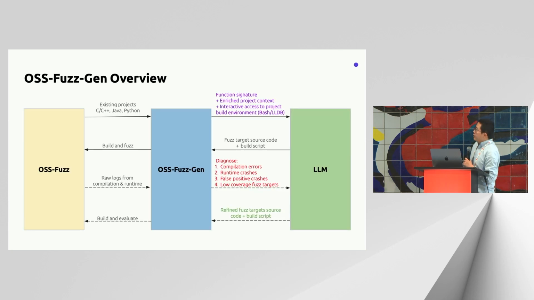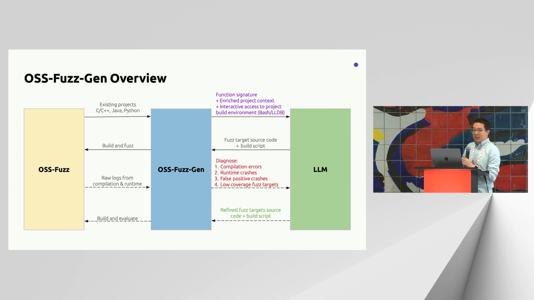Right, here is a peek at its overall structure, in case you're curious how it works internally. So, given a project in OSS-Fuzz, OSS-Fuzz-Gen will pick a function inside the project and supply the function with its contextual information to the LLM, so that the LLM can give us a fuzz target. And with the fuzz target, OSS-Fuzz-Gen will try to build and run it like what you did with the OSS-Fuzz infrastructure. And with the raw output from OSS-Fuzz, OSS-Fuzz-Gen will manage to identify if there are any crashes,